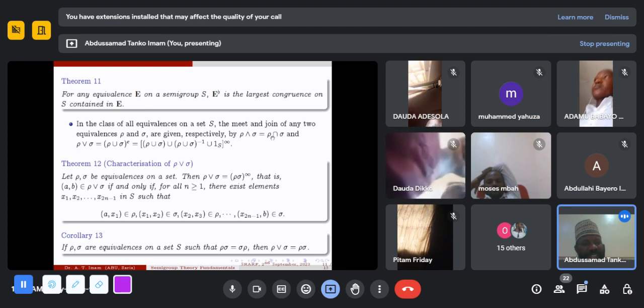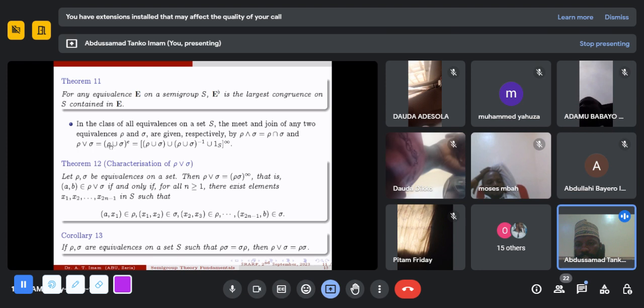And that should be the intersection actually of the two. But then the join is the smallest equivalence containing rho and sigma. And this one is characterized by the equivalence generated by their union, because the union of two equivalences may not necessarily be an equivalence relation, but then you can generate an equivalence relation using it, and that equivalence relation generated by the union will be the smallest equivalence relation containing the union,